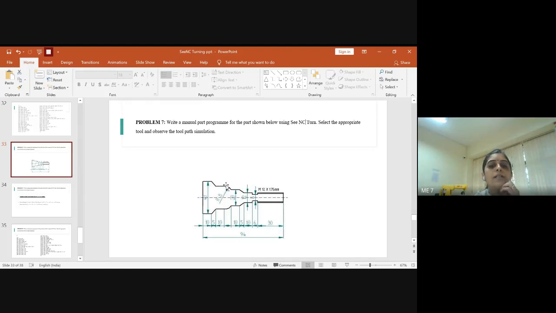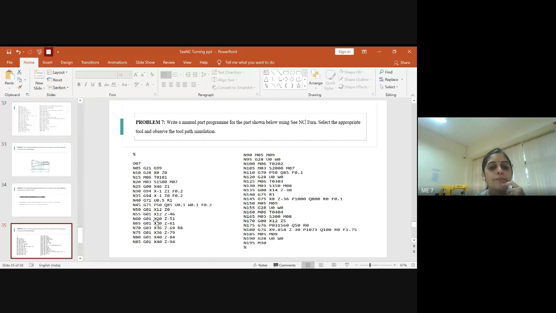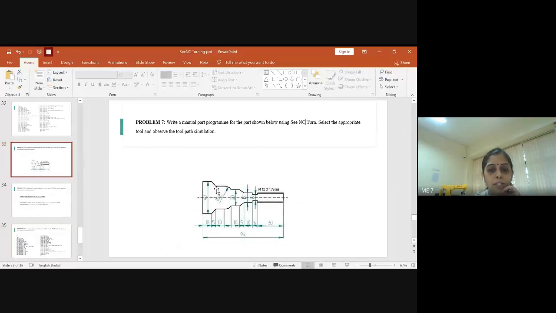Once the tool is here, you should see whether it is linear or circular again. It is a linear interpolation, right? So it is at this position. Now we have to proceed further. The x value was 36, so the value of x remains the same, 36. But z value was how much? 69, right, at this position. So minus 69 and minus 10, it becomes minus 79. So you will write x 36 and z as minus 79. By this we have reached here.